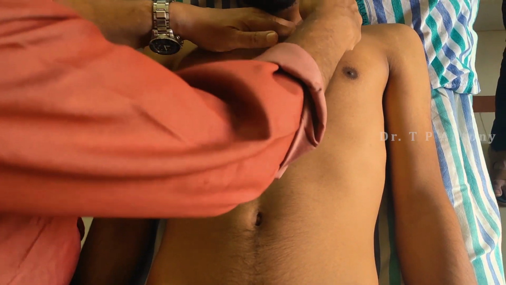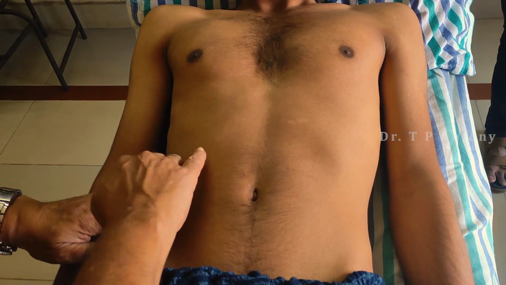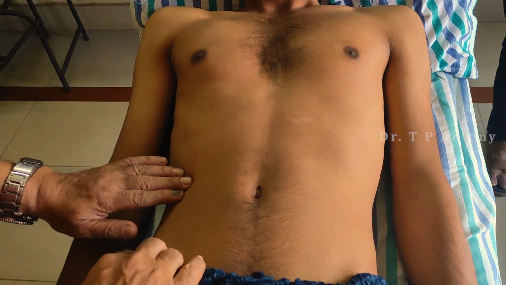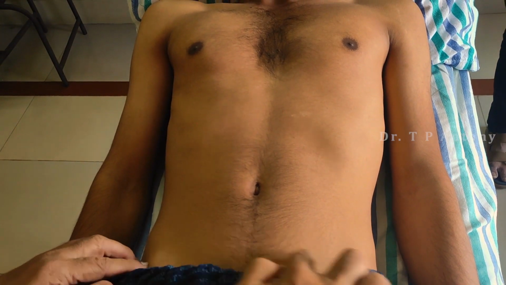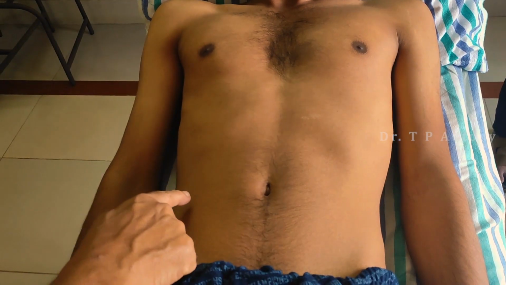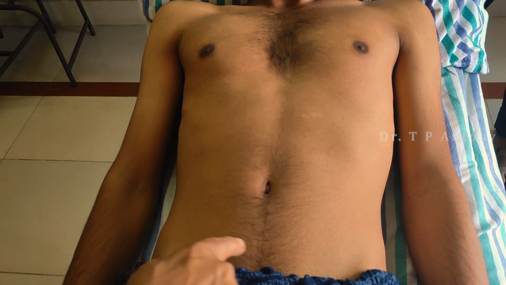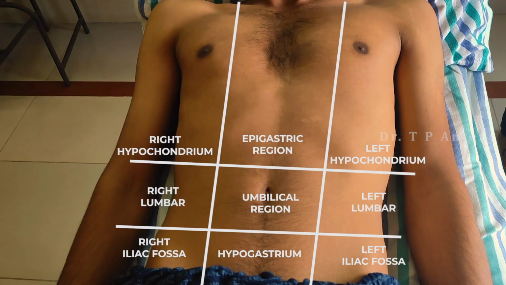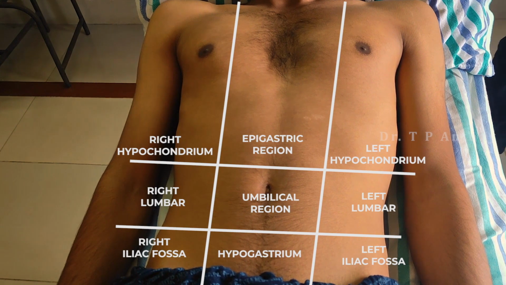To be more specific, we divide the abdomen into 9 areas. These 9 areas are divided by two vertical lines and two horizontal lines. The vertical lines come from the midclavicular line downwards, the upper horizontal line is just at the lower margin of the rib cage, and the next one is over the line joining the anterior superior iliac spines. So we have the right hypochondrium, epigastrium, left hypochondrium, right lumbar, umbilical area, left lumbar. We have the right iliac fossa, hypogastrium, and left iliac fossa. We have 9 areas, and we are going to palpate these 9 areas. Ask the patient whether there is tenderness at any point.